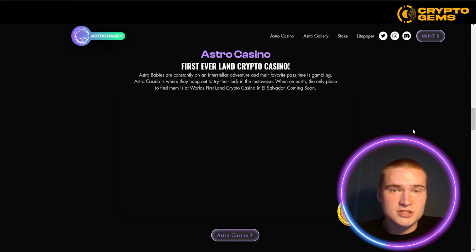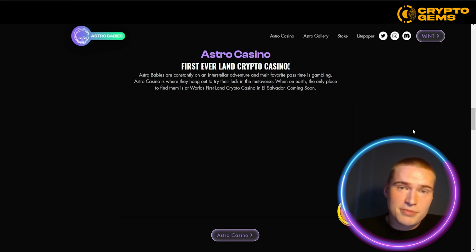Apart from the Astro Clubhouse, which I think is really exciting already for the Astro Babies NFT collection, but in general for the whole NFT ecosystem too. Apart from that, they also have land ready to go in La Union, and that's called Bitcoin City, also in El Salvador. They have that set up with the landowner, as well as his partnership with them for a percentage that stays with the Astro Babies holdings, where 33% of the land goes to the holders of the Astro Babies